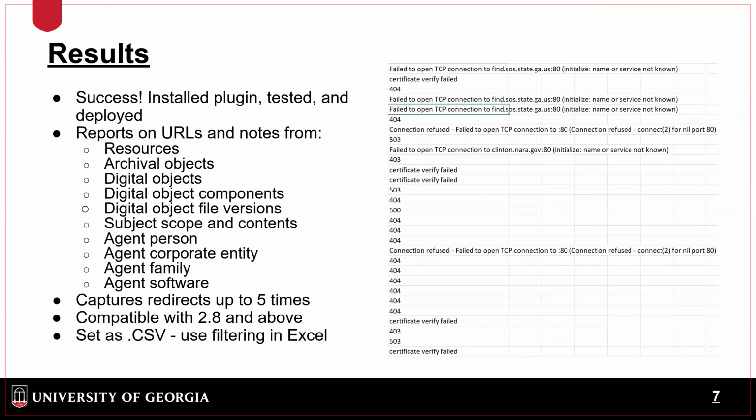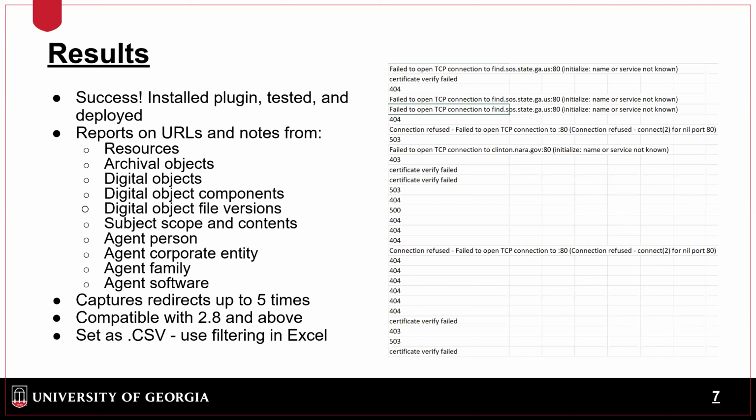The results of a lot of trial and error was a success. So generally over the span of about 2 to 3 months, I was able to write some code in my IDE of choice. I was using RubyMine in particular. I wrote some code and then I pushed that code to my local